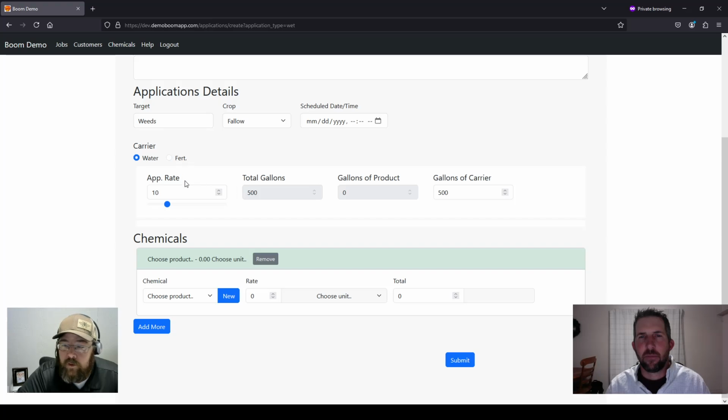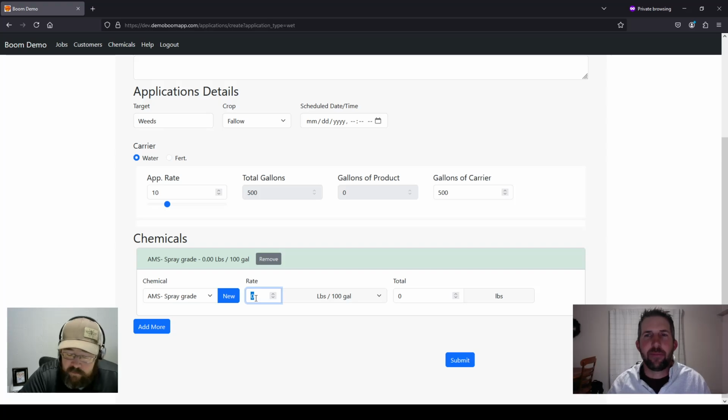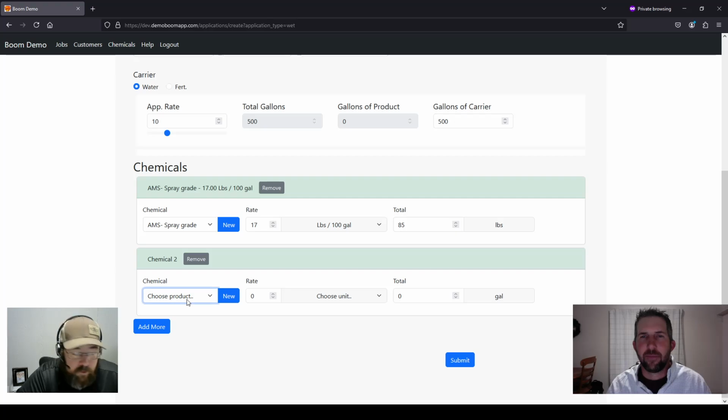We're just going to leave the carriers alone here. Forgive me if I don't get the rates very well. I'm more of a developer than I am an applicator, but we'll just go with this. Here we've got a dry AMS, and we're going to do that at 17 pounds an acre. I'm going to add another chemical here. This is going to be Roundup,